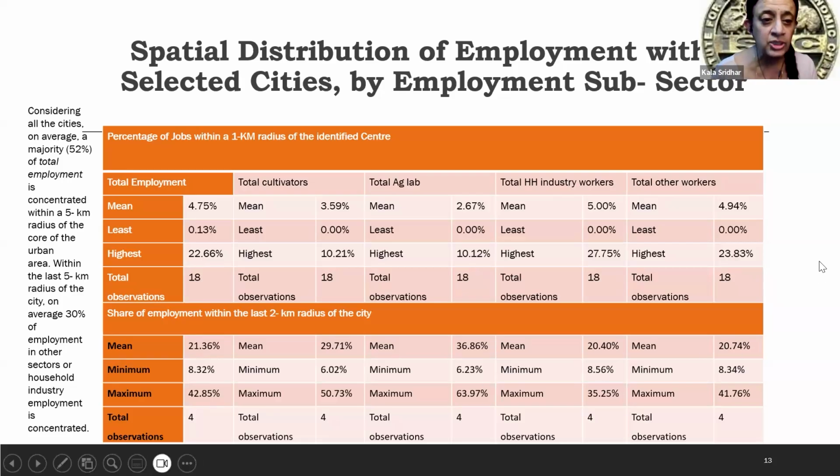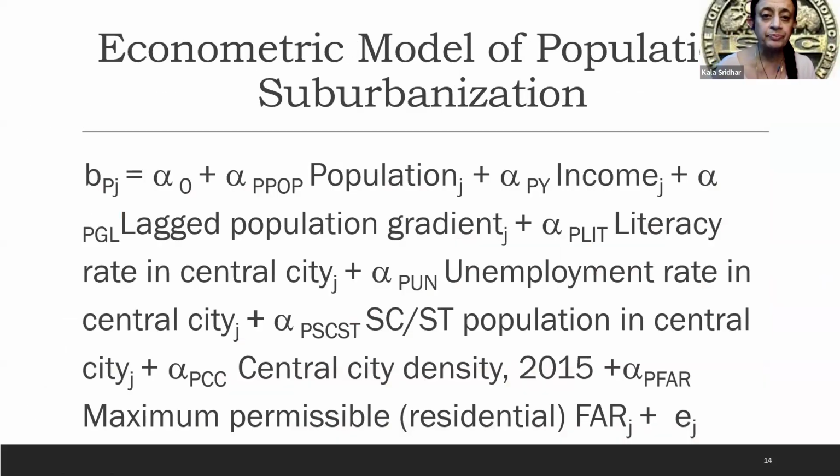So on average, however, 30% of employment in other services, which means all the urban, non-agricultural sectors, is concentrated within the last 5 kilometer radius of the city. So this is the last 2 kilometers, whatever you're seeing in the table. But overall, that's what I found. So employment is suburbanized, but to a much greater extent than population suburbanization. So now,